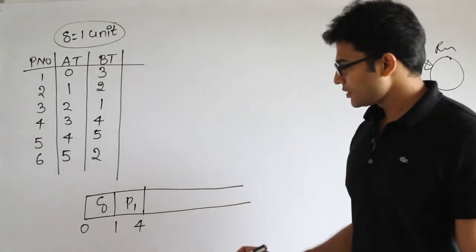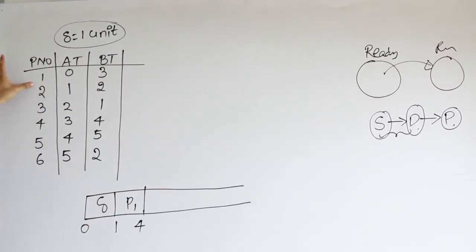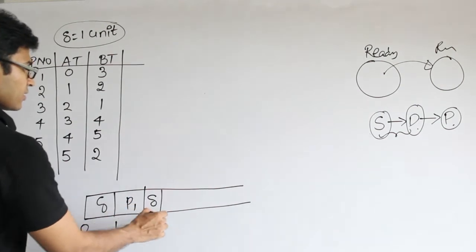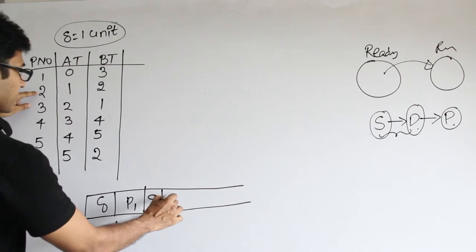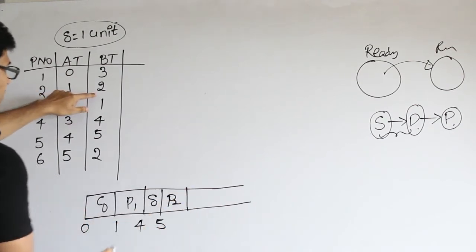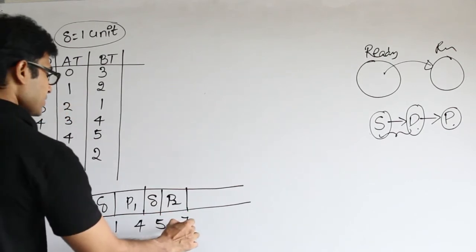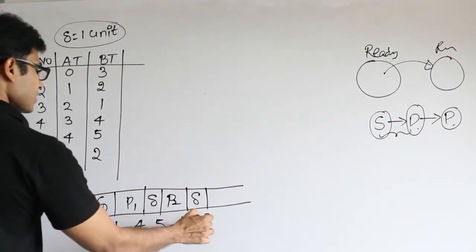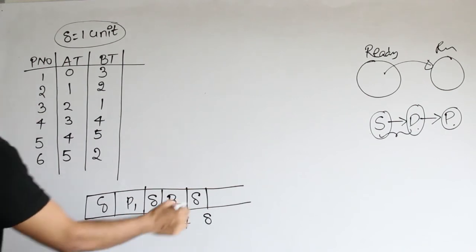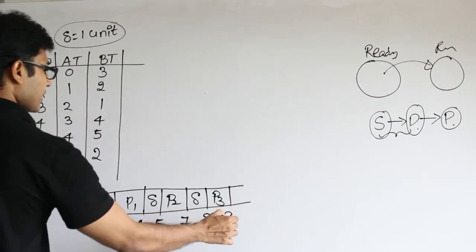Got it? After P1 executes for these 3 units of time, the next one gets scheduled, but then there is again this entire overhead delay, right? Again that is 1 unit, therefore 5, and after that the next process will be scheduled. The next process is P2, which will run for 2 units. It is first come first served, that is why I am doing this, right? It will run for 2 units, which means 7, and after that again we have to schedule the next one, therefore overhead of 1 unit, therefore 8, and after that P3 will be scheduled, and P3 will run for 1 unit, which means till 9,